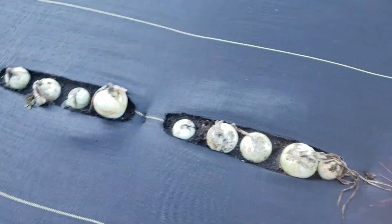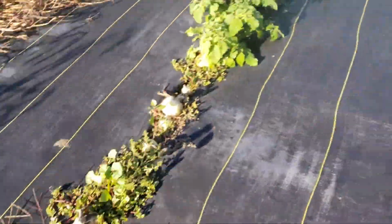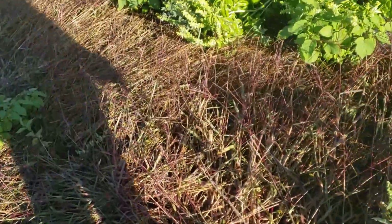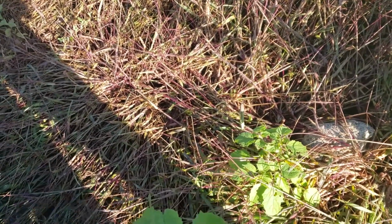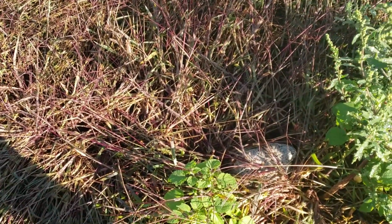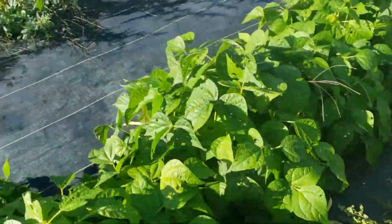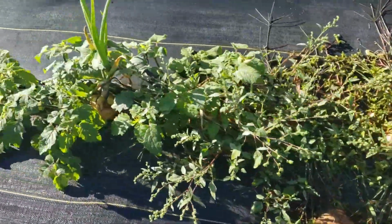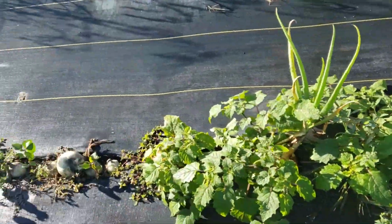This is the garden that got weeded more recently, but not. And then this batch of onions got weeded never. So look at this. This grass is completely taken over. I don't even know if there's any onions left in there. The only way we're going to be able to deal with this is actually cut this grass off, spray it with glyphosate, and deal with the roots next year because there is no salvaging any part of this. So I'm going to ignore that. I'm going to focus on what I might be able to get out of this section. And I'm actually going to go get the Humvee so I can drop all these weeds in the back of there. So, all right, let's pull some